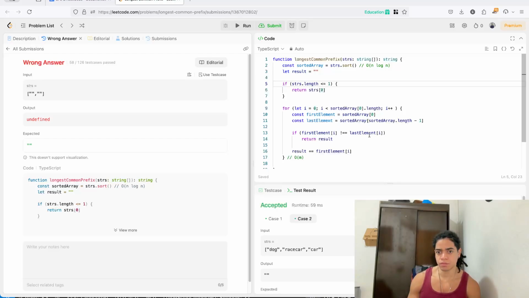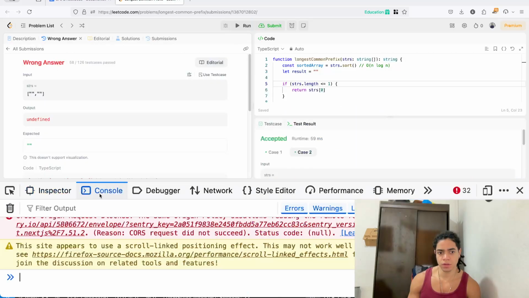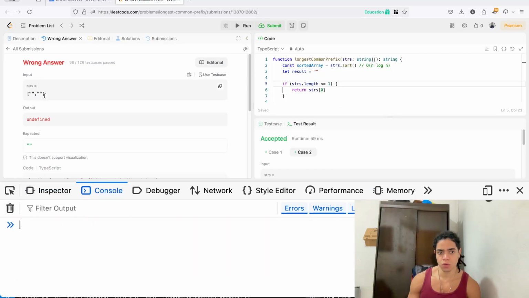It's because it's a comparison here. That's why it's interesting here. So if you're comparing this one element